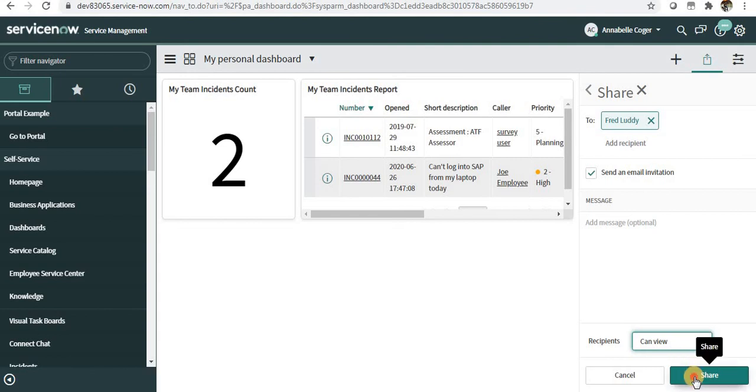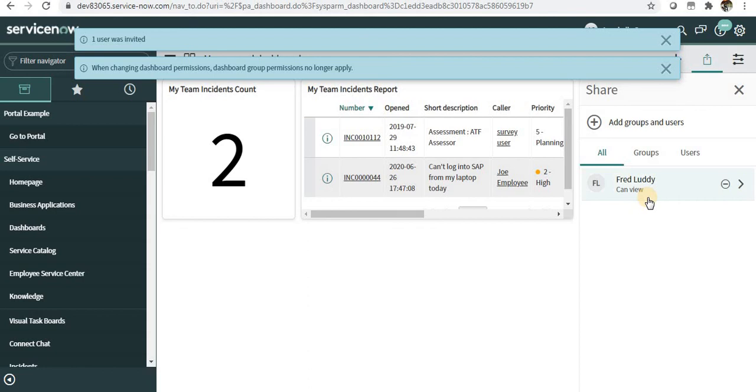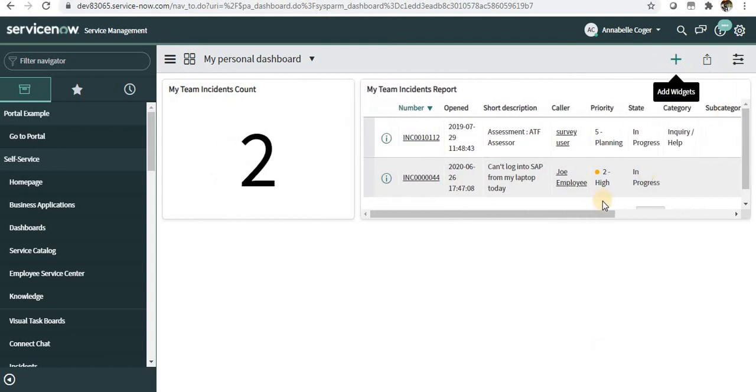Let's do the can view, and I will share this, and an email will be sent to Fred Luddy that a dashboard has been shared with you and you can use it as a read-only dashboard. And I'll just click on the cross, and you can see this has expanded now.